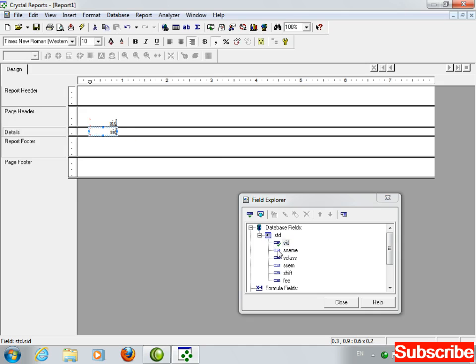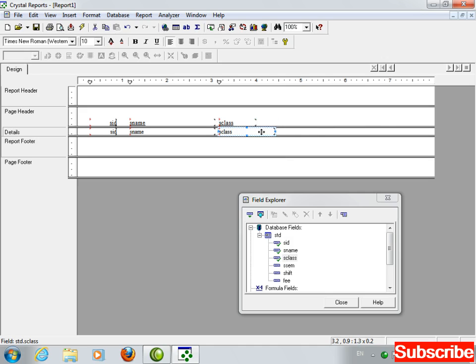This is SID. Next on S name, click, drag and drop. Now if you watch carefully, the length of the name is too much bigger, so simply click on this and, like Visual Basic, shift back the left arrow key with the shift. For heading as well. After this I'm having class, drag drop. Now for class as well, shift back arrow key. Here as well, click on the heading and shift back arrow key.